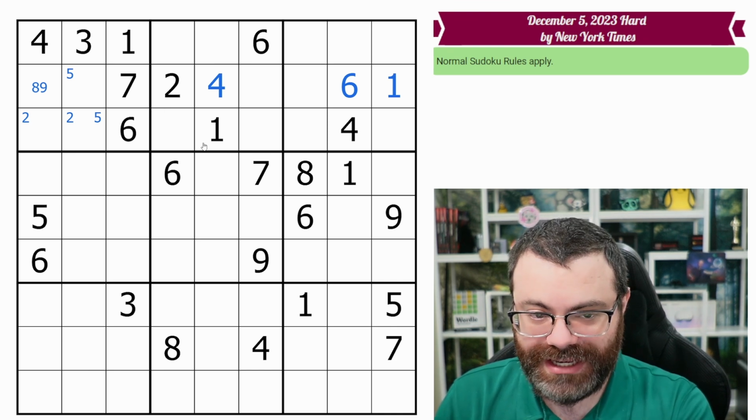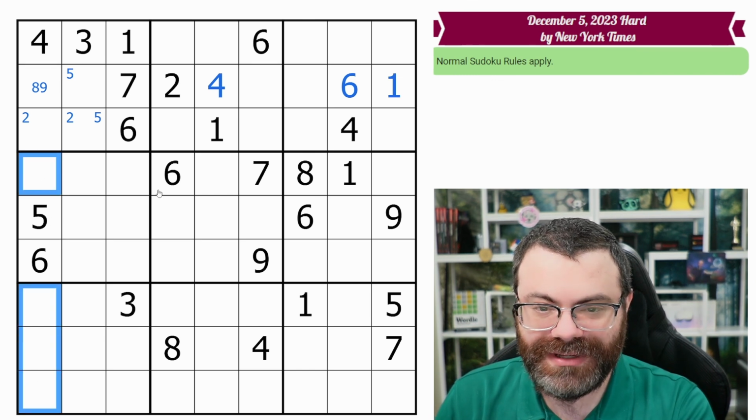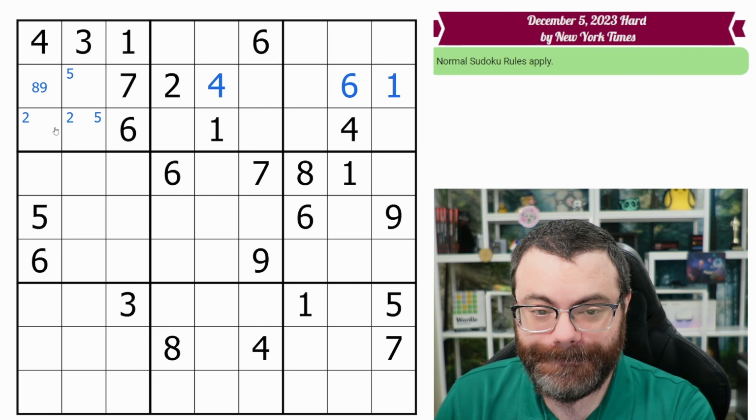We can use that to form naked pairs. We can use that later if we place an 8 or a 9, maybe in this column or in this row, then we can just immediately fill that as a naked single. Okay, so